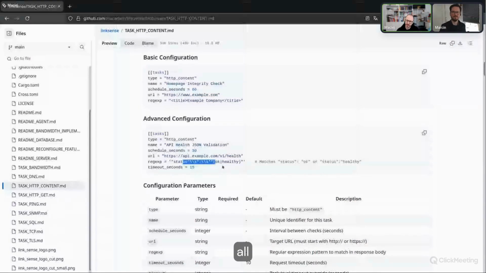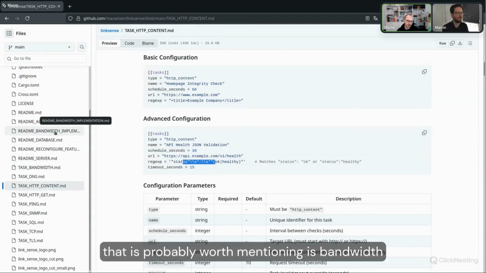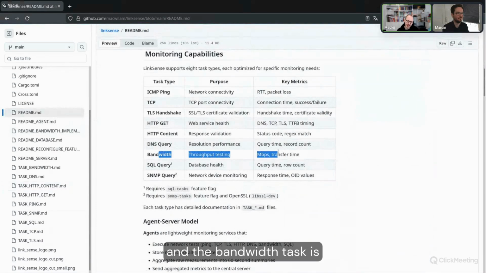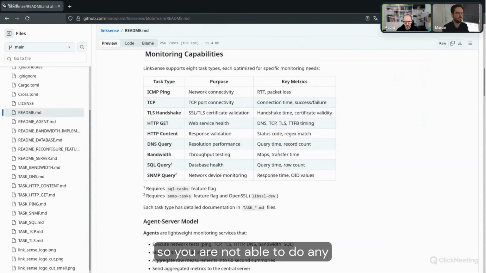All right, and one more task that is probably worth mentioning is bandwidth. And the bandwidth task is basically always between agents and server. So you are not able to do any